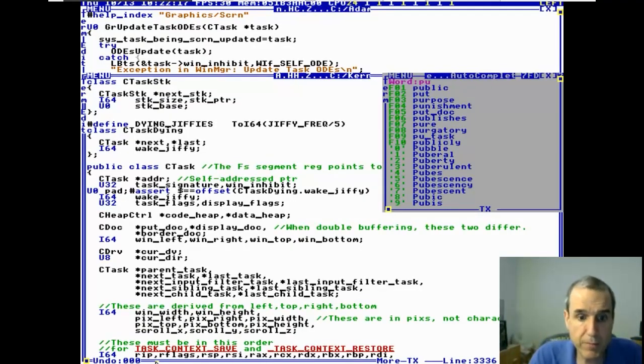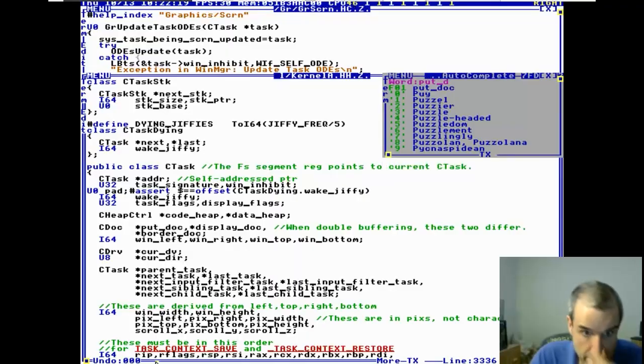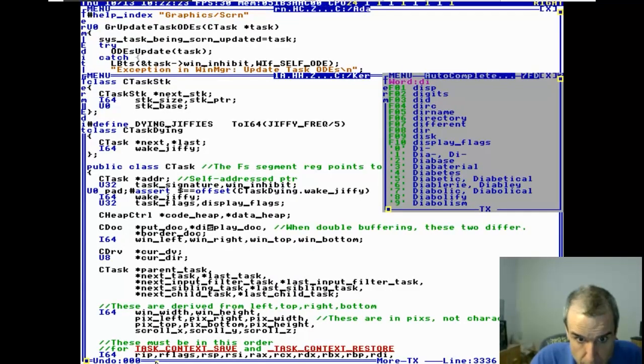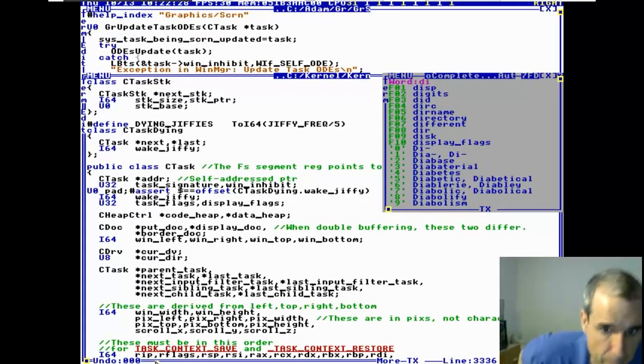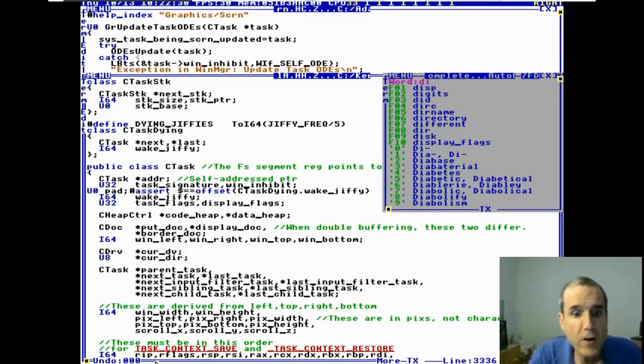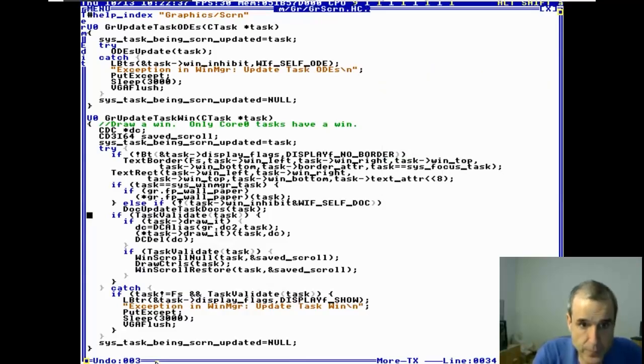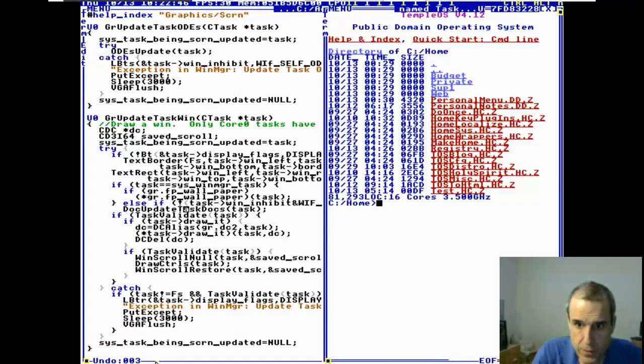So for double buffering, you can write to the buffer, and you can call a routine to swap them. So the border doc. Okay, I digress. So when you update a window, first of all,